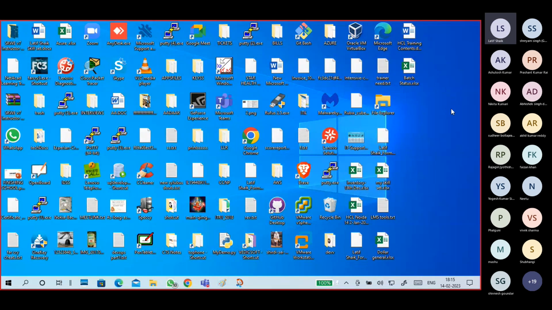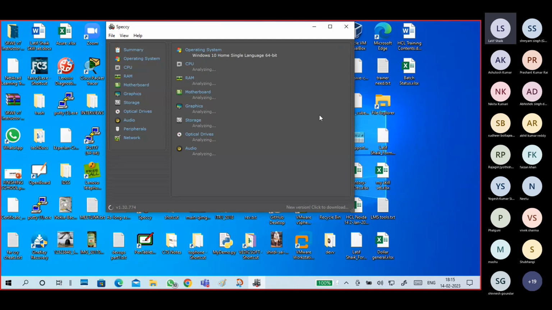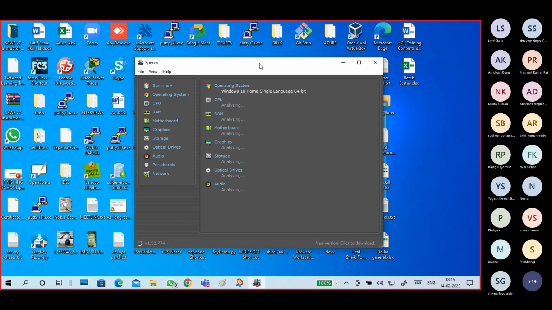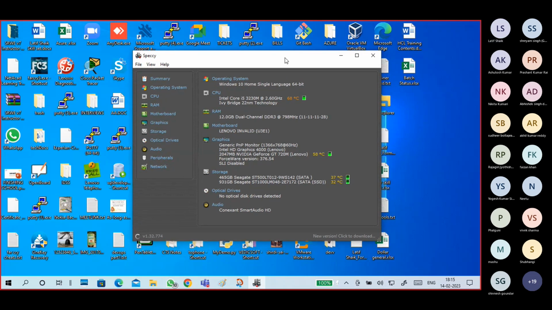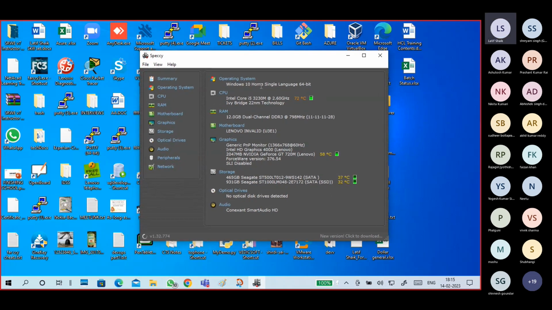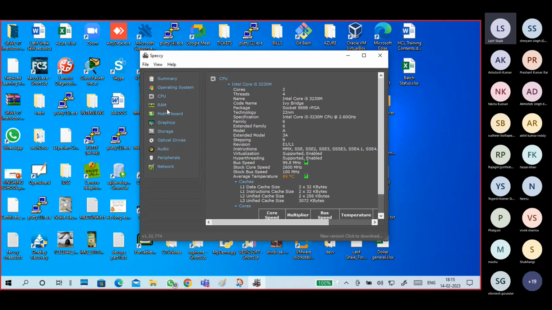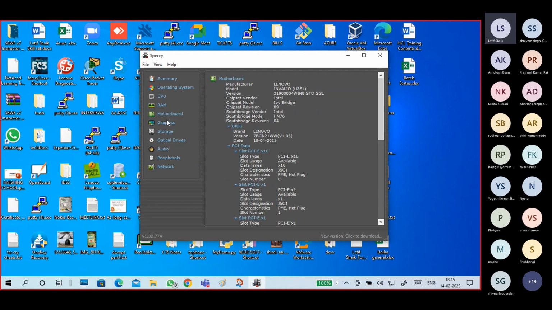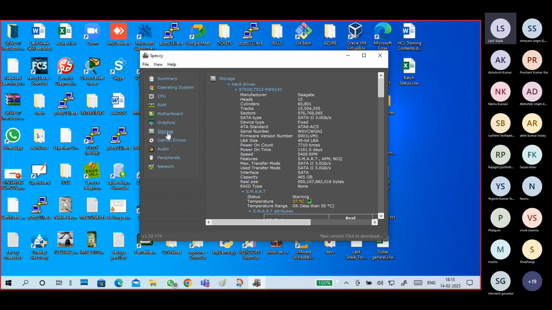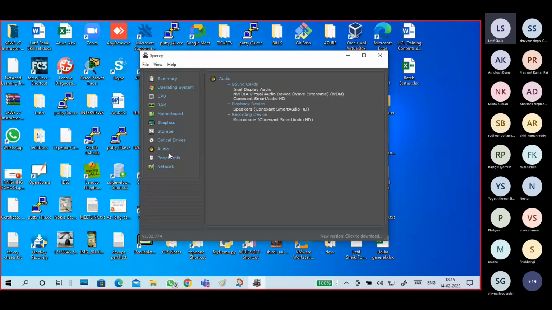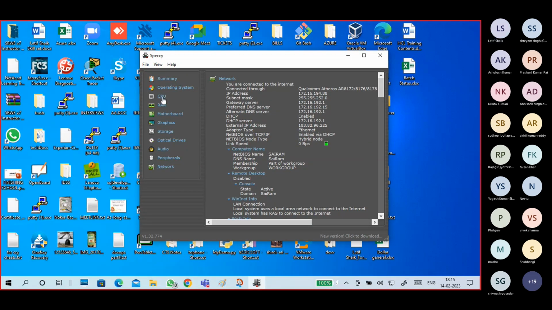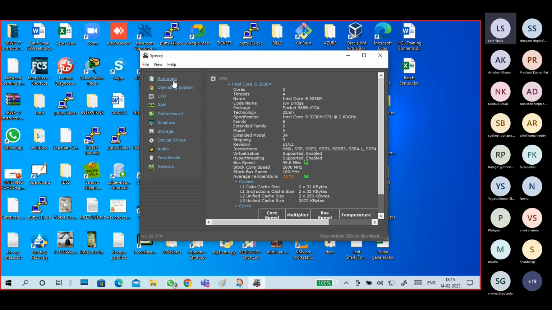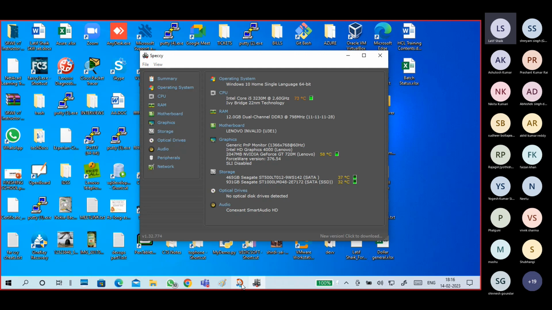It keeps asking for updates, but today it has not asked. Very good. Not every time, but it will ask for update information. So I got some information. You can get detailed information about your CPU, your RAM, your motherboard, your graphic card, storage, optical drives, audio, peripherals, and network. You will get all that detailed information, but I want to show only some of the summary part.